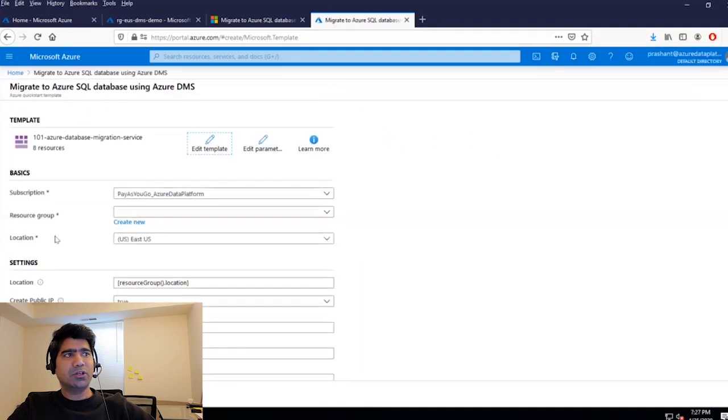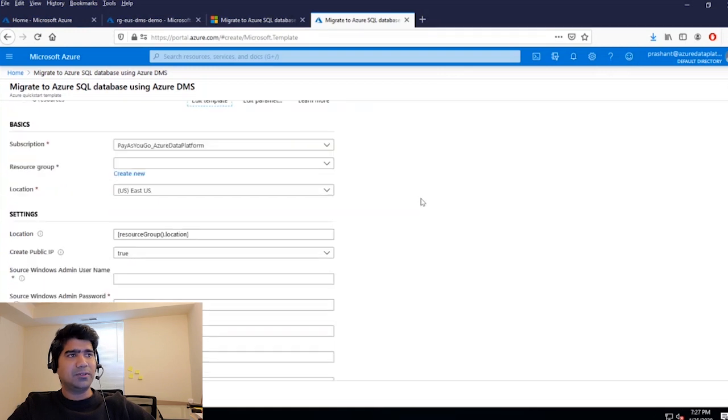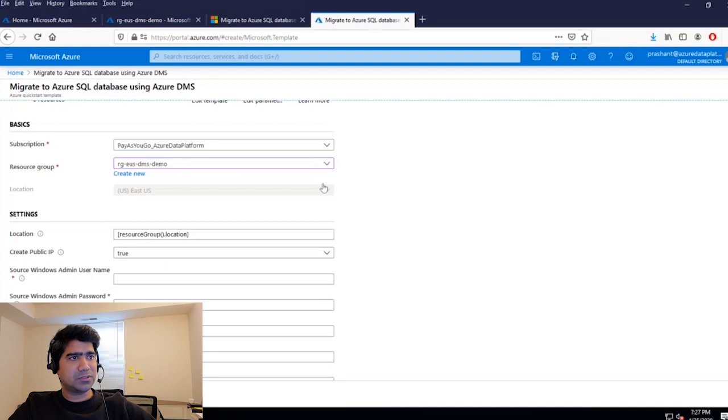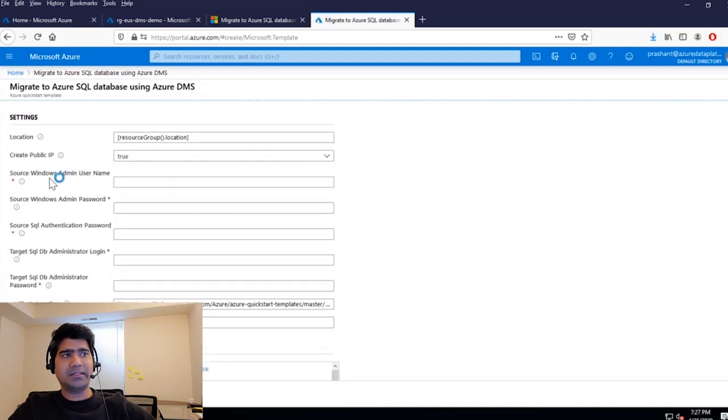Okay, so it will open this deployment template for you, and you can fill in all the details here. Resource group name: in my case, I'm using this resource group. You can provide other details like source Windows admin username. Remember, this is a name that you are going to provide to create a new VM on Azure, so it can be anything as per your wish.